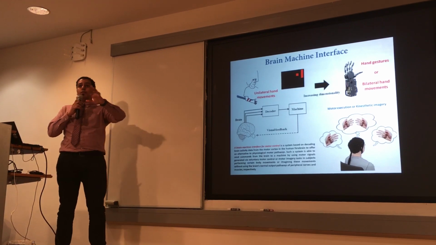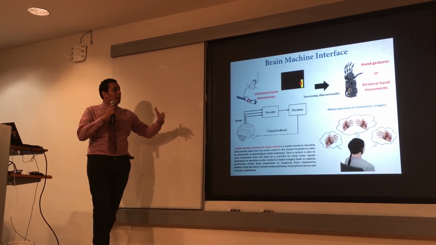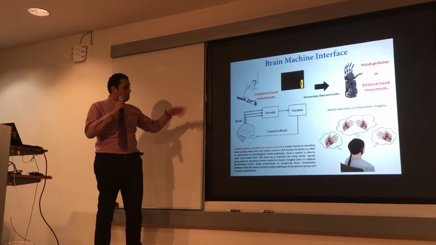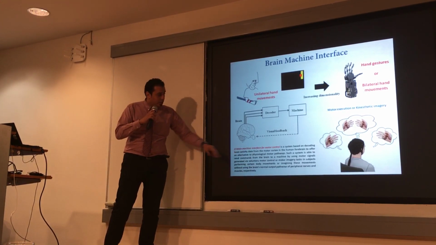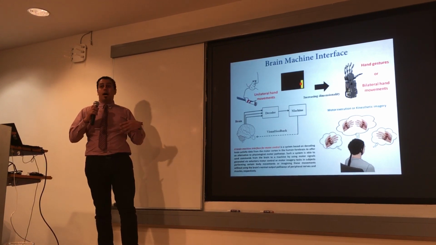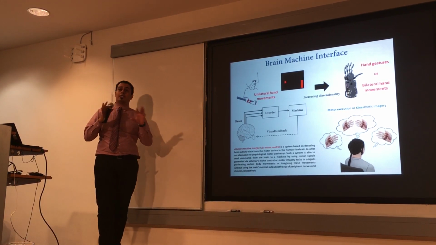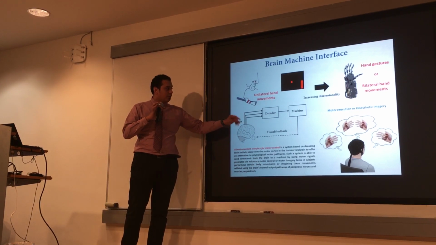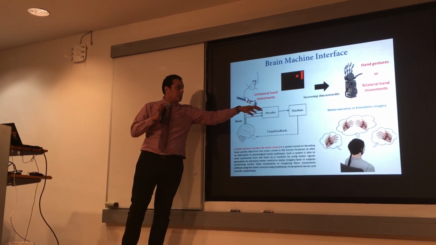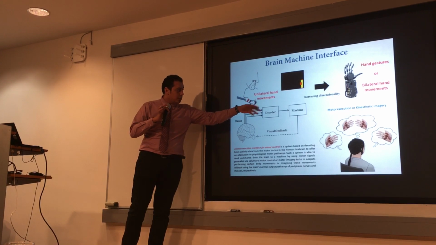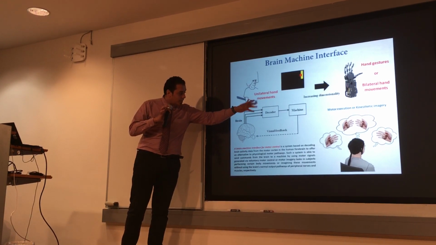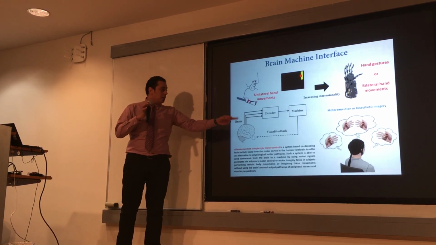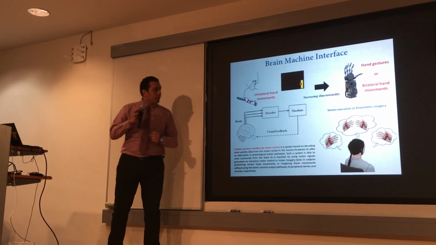I'm not sure if most of you are familiar with brain-machine interface or brain-computer interface, but here is a brief definition of BMI-based motor imagery. It's very simple. We decode signals from the brain, and then we use machine learning for classification, regression, or decoding, and then we get commands. And we usually use some neurofeedback.